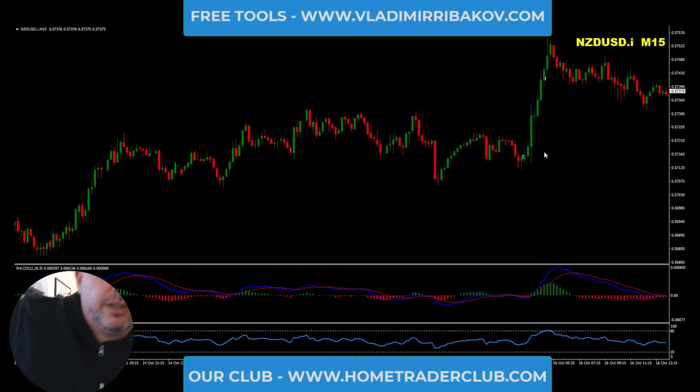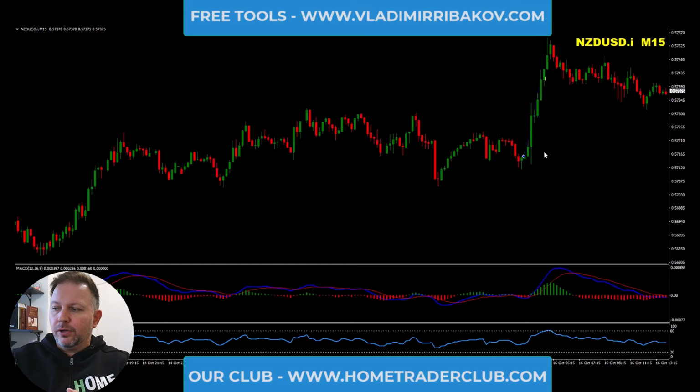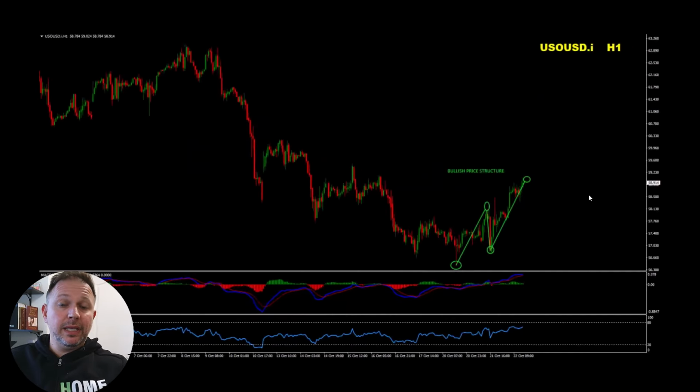So the strategy implemented here once again is a zigzag and the waves on the shorter time frames. This is a perfect combination which will give you more than 70% accuracy if you execute it correctly. Next one is the oil, which we all know after Trump threw some sanctions on Russia, the price started to